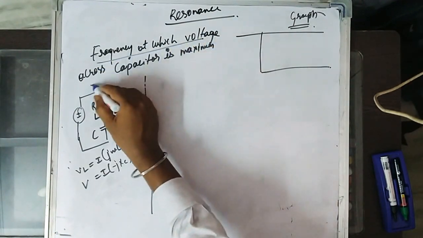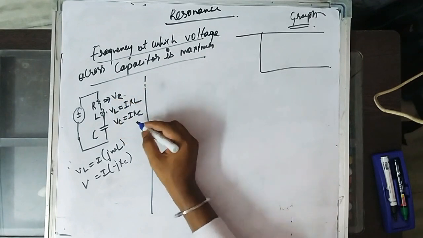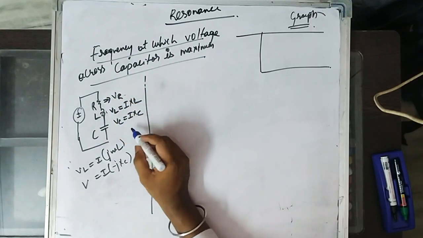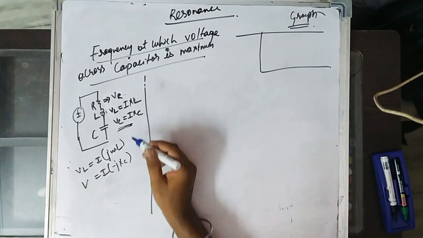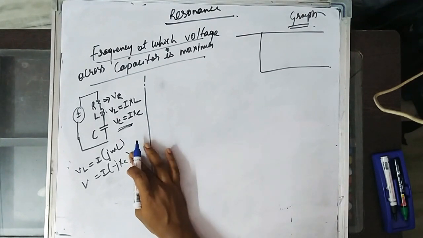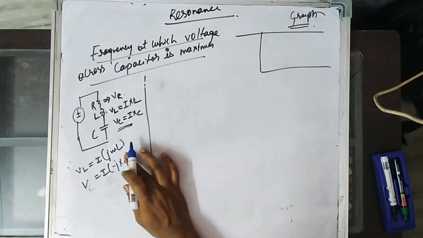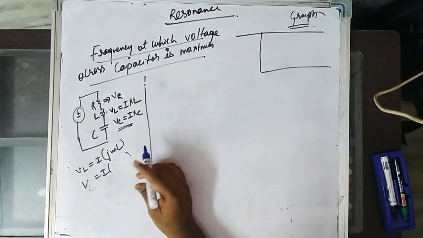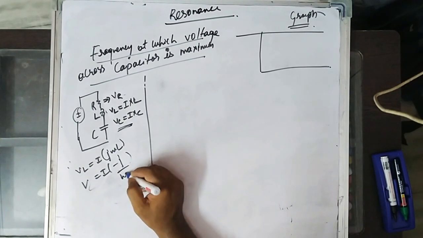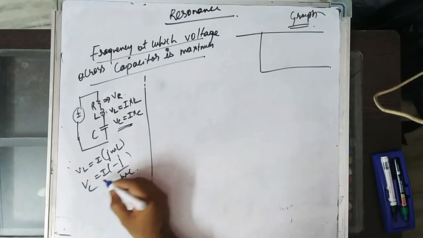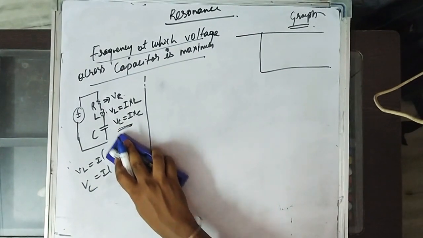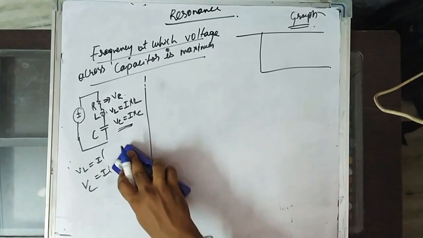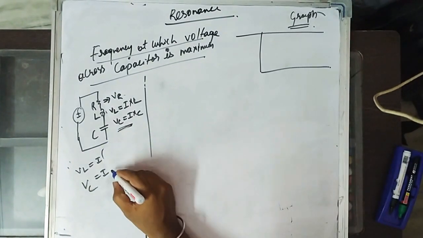So here, if you observe carefully, the RLC circuit is fed, and we are looking at the voltage across the capacitor. So we are finding the frequency. In this, we get 1 by omega C. In these characteristics we leave out the j omega, so we are not dealing with phasors.